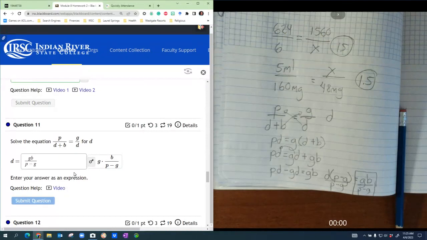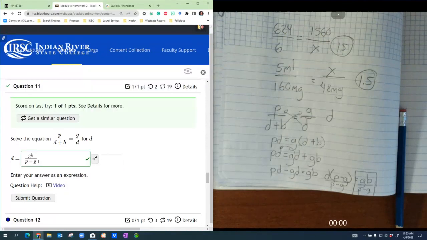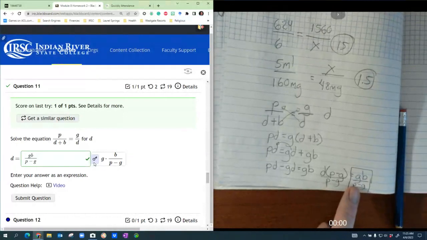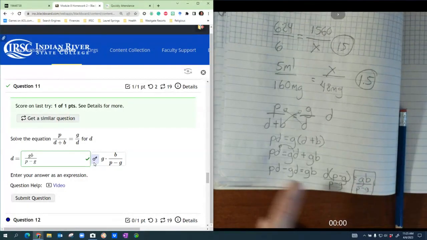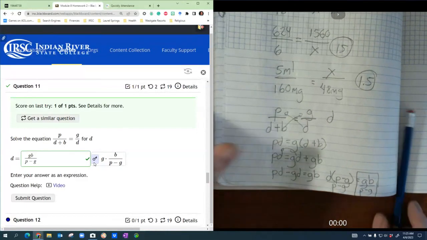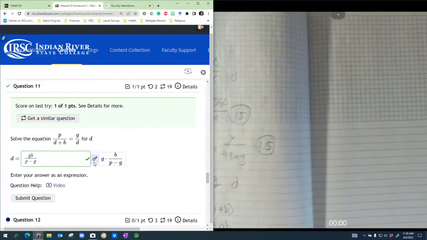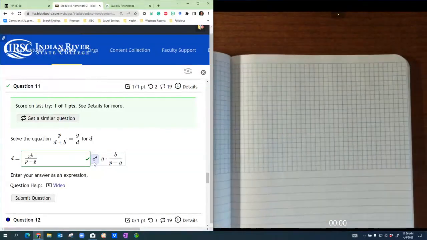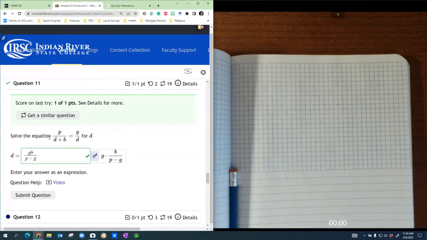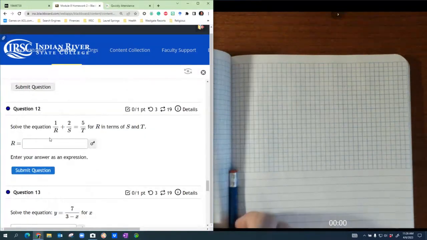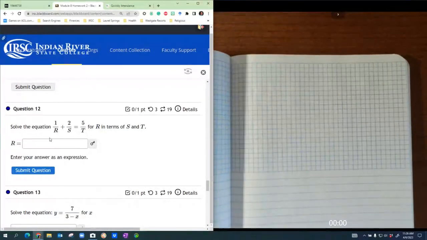Because I know some students, they see this answer and then they see my answer and question why is that different? And the answer is not. I mean, it's just that they're not fully multiplying out the G to the B on the numerator. Okay, so you got to understand that they're the same thing, and I proved it to you by just putting down one, or excuse me, I get 1 out of 1, so I get the right answer, right? So these are little equations. Little equations are important for, especially when you're going into a lot of formulas and you need to isolate for